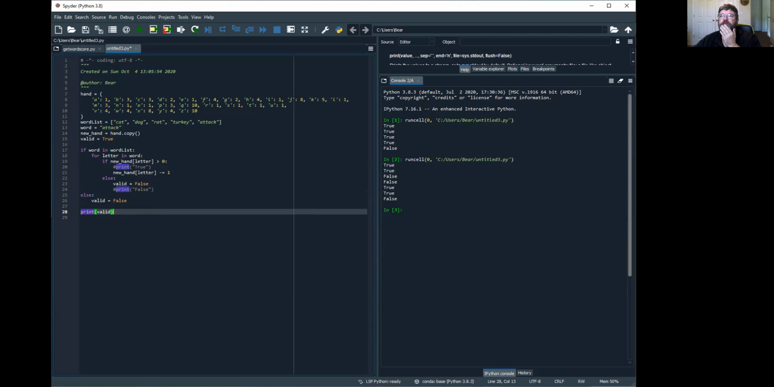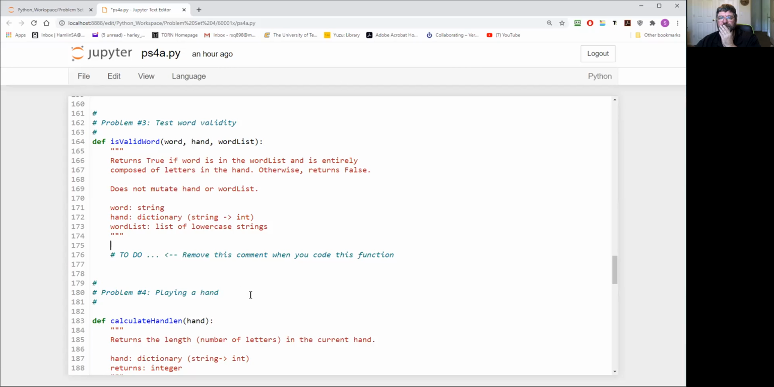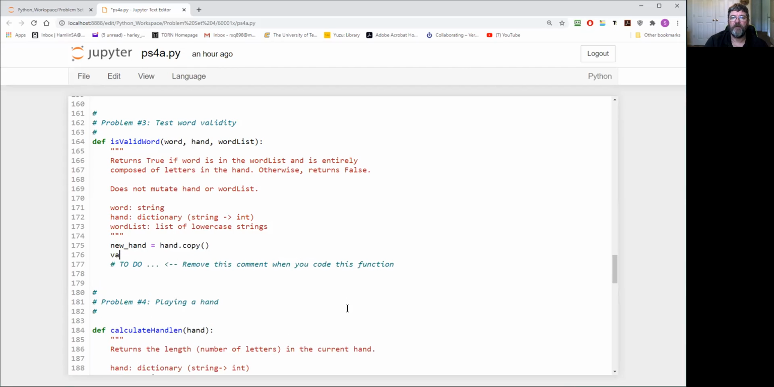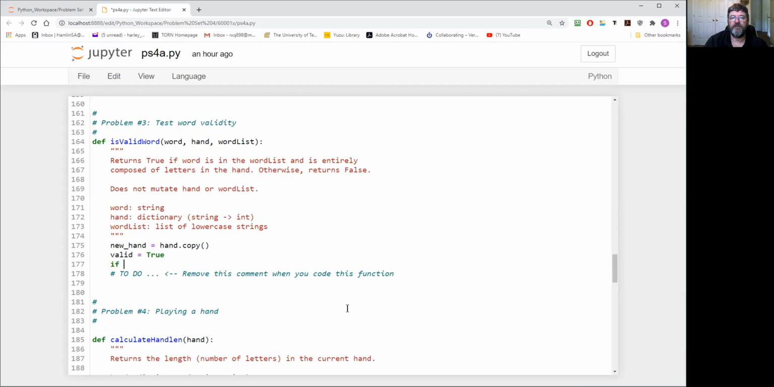All right. Now let's change the new share. Let's go back to the code. We're going to go in here, and I'm going to go new hand equals hand dot copy. And then we're going to go valid equals true. And then if word in word list,